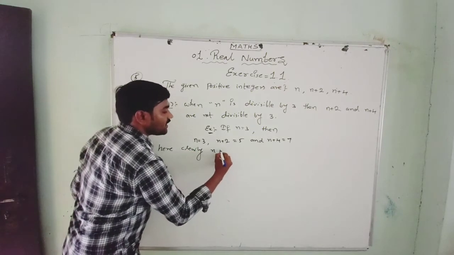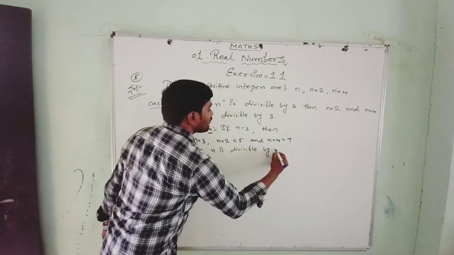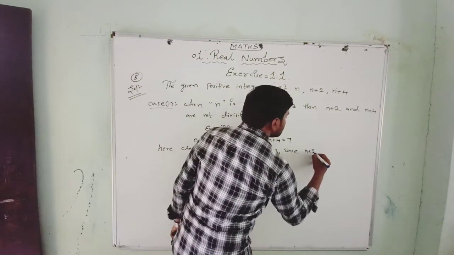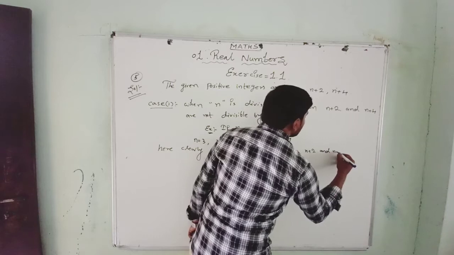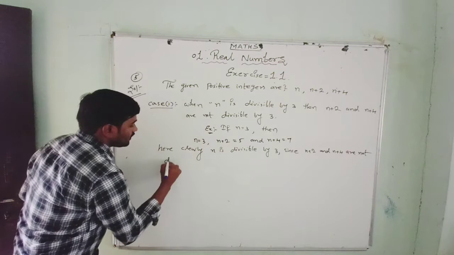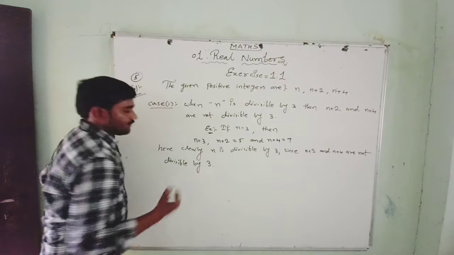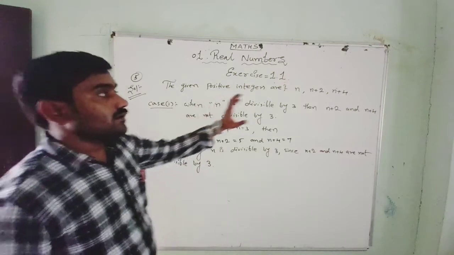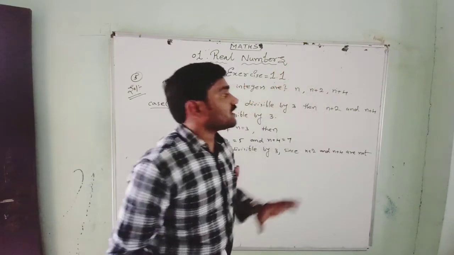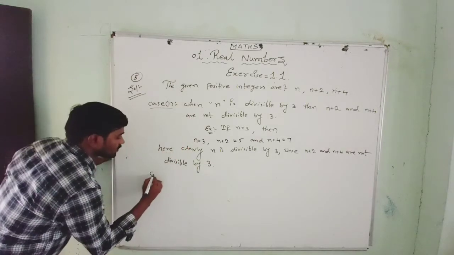Clearly n is divisible by 3 since n plus 2 and n plus 4 are not divisible by 3. When n plus 2 is divisible by 3, then n and n plus 4 are not divisible by 3. We can also write now, in case 2,